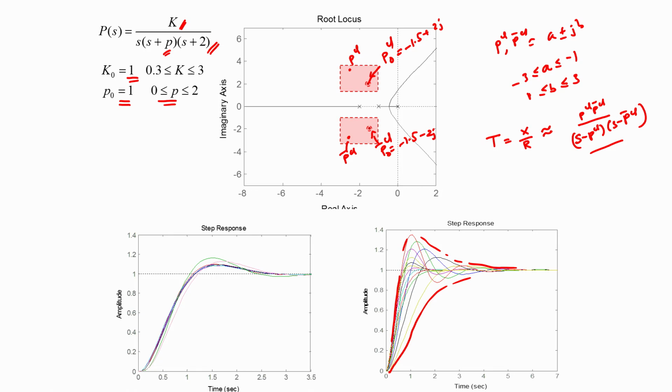That is because whenever we have a plant whose gain and pole locations are different from the nominal gain and pole locations, then the closed loop pole PCL can lie at a different location, and what we want to do is to design the feedback controller and the pre-filter such that for any particular combination of the plant's gain K or its open loop pole position P, our dominant closed loop poles PCL and PCL bar lie within the two rectangles that we have indicated.